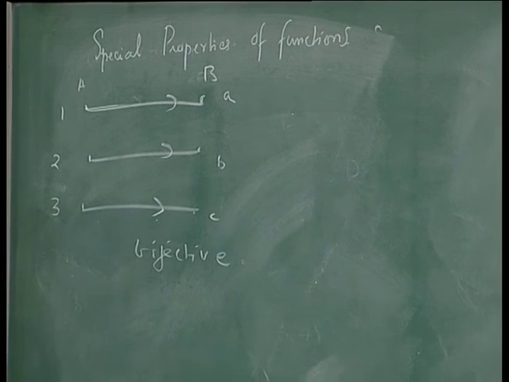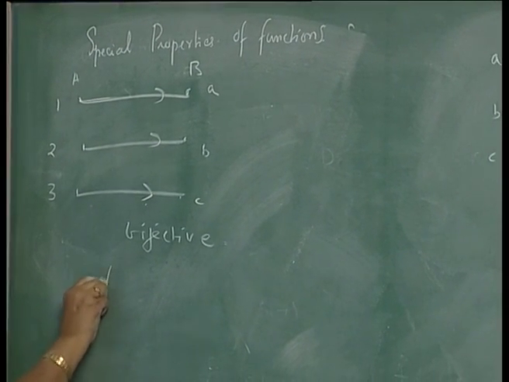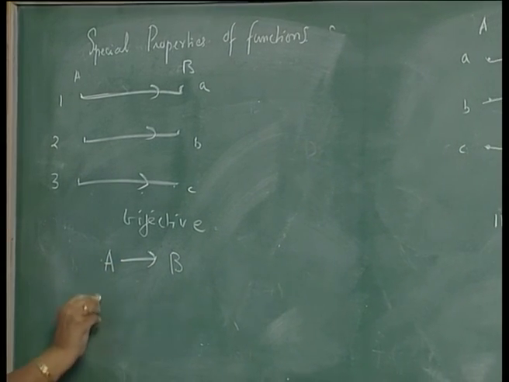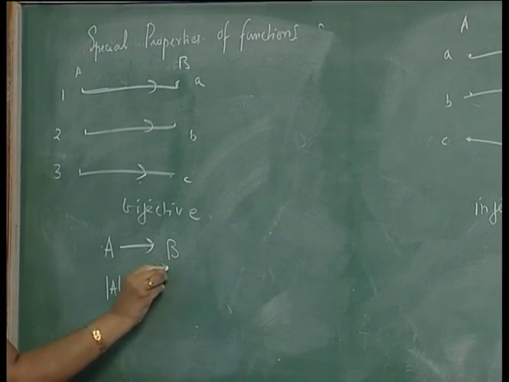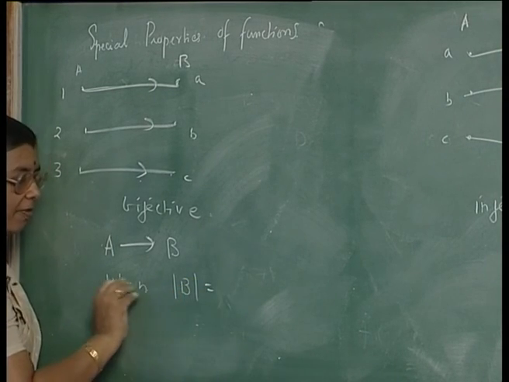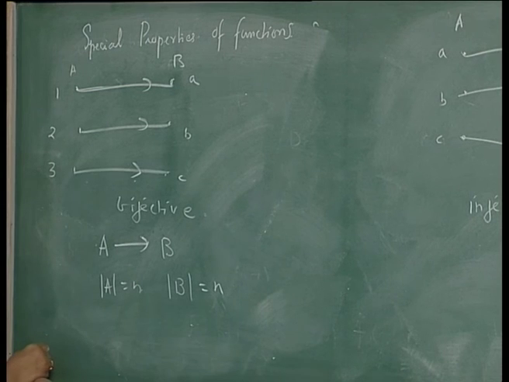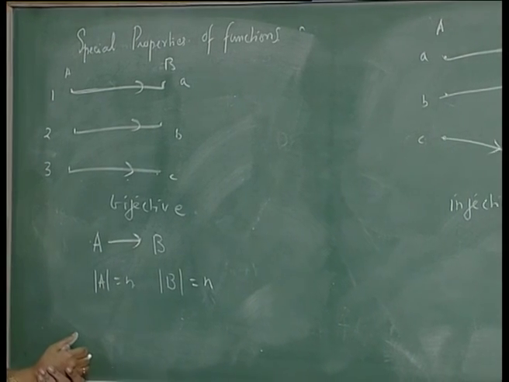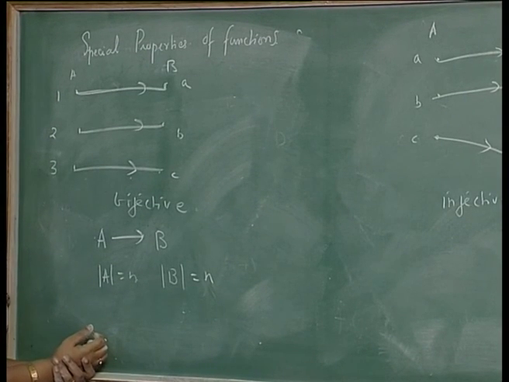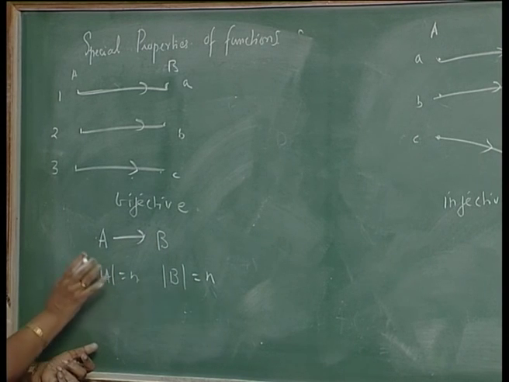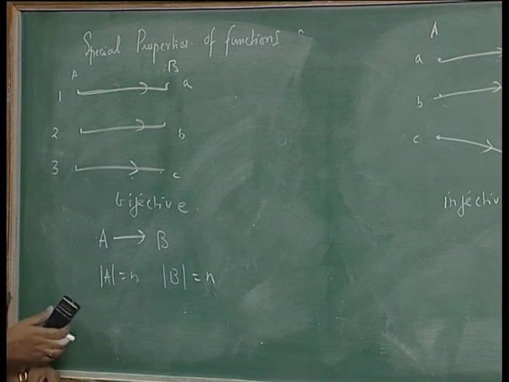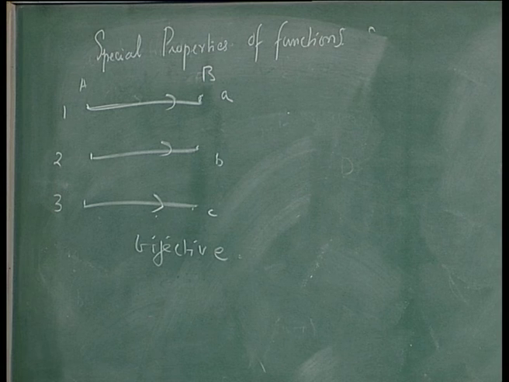Now, you must note that if you are having finite sets, a function defined between finite sets A and B, if A has n elements and if it is a bijective function, both of them should have an equal number of elements. Then only different elements can be mapped onto different elements and the whole set B will also be covered. So, if it is on finite sets A and B, you will have the same number of elements in A and B. Now, let us consider some real functions and see what happens.